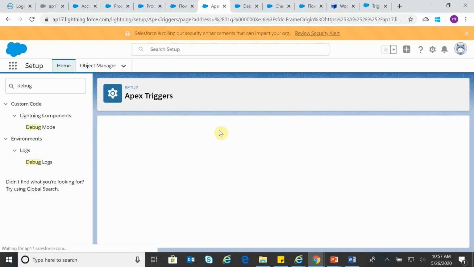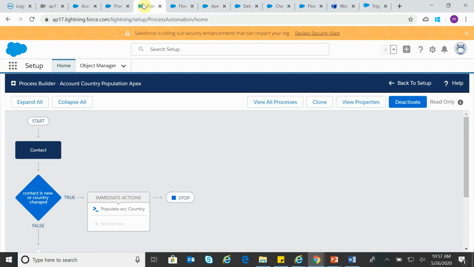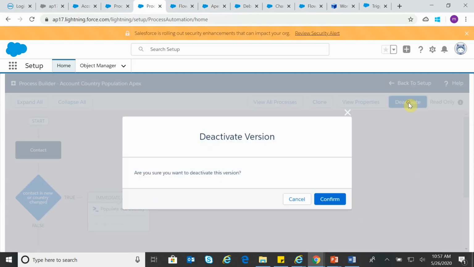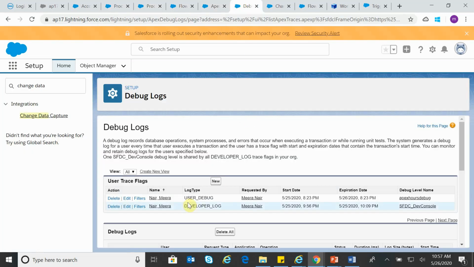And to test this, make sure that all the previous actions are deactivated, like let us deactivate the process builder using invocable method. And the other important thing to track details is that now we have enabled debug log for my user. But if you want to capture details of a CDC operation, you need to enable debug log on an automated process.